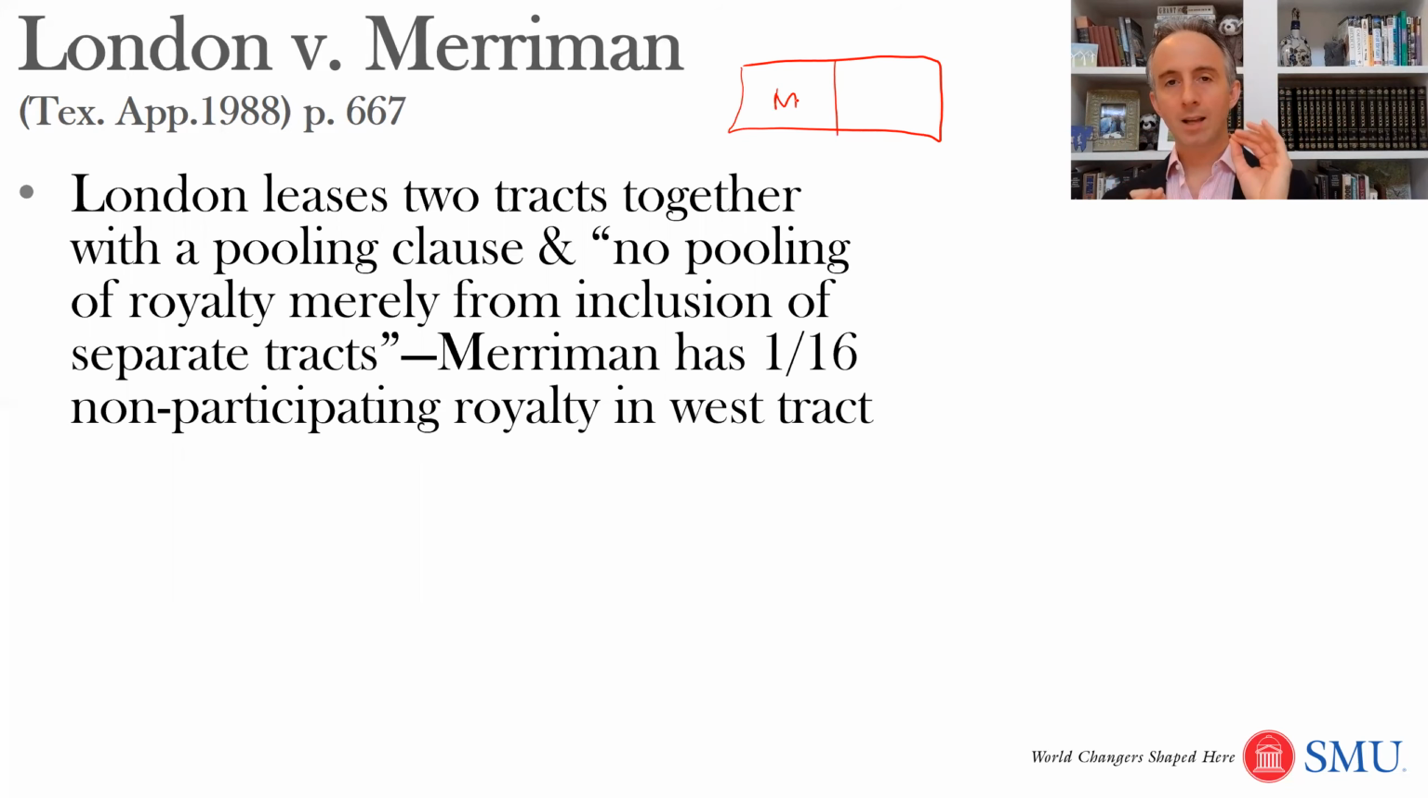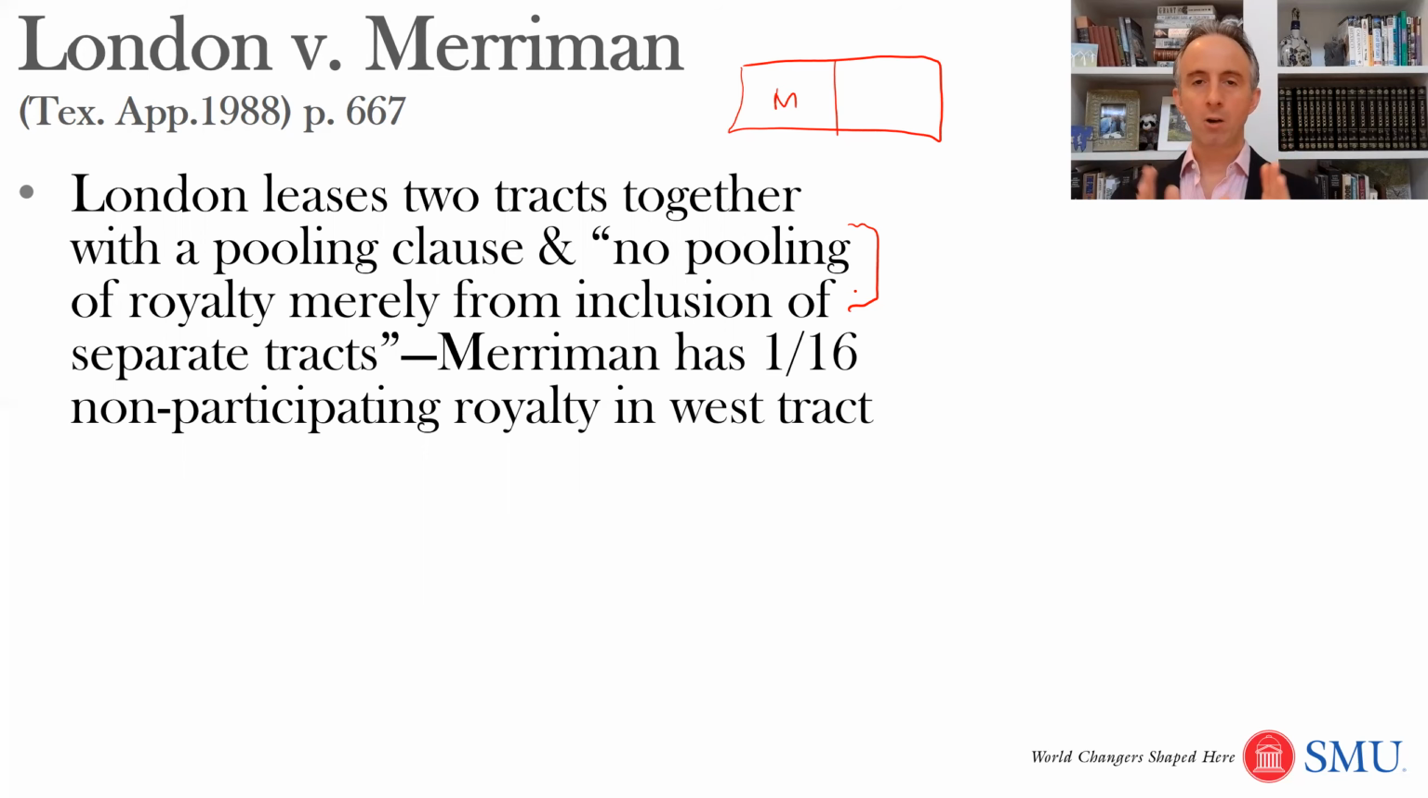So London is a little bit sensitive to that, and so says, well, look, I'm not necessarily pooling. There's no pooling just automatically because I lease these two tracts together. So no pooling of royalty merely from inclusion of the separate tracts. The problem is that it gives the oil and gas company the authority to pool those at any time. And